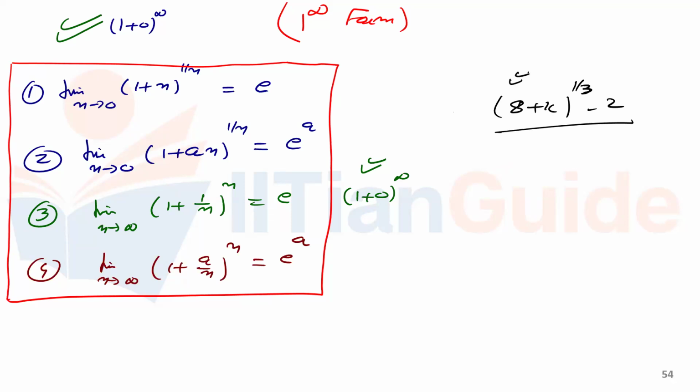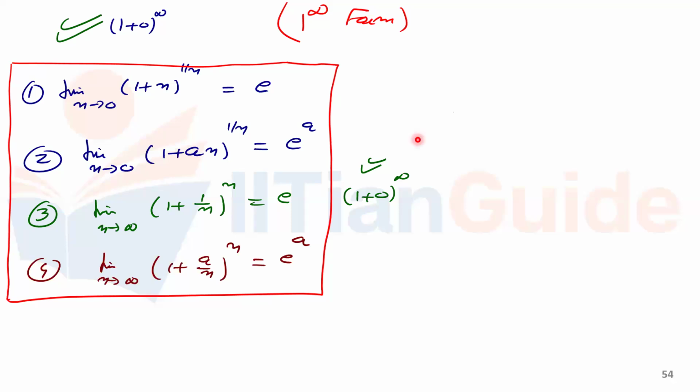8 -1 आ जाएगा तो 7 बन जाएगा, तो 7 के बाद 1/3 दिक्कत आ जाएगी। इन दिस क्वेश्चन व्हाट आई हैव टेकन, आई हैव टेकन 8 कॉमन, 8 power 1/3, 2 has come outside, after that we are left 1 + x/8 power 1/3 है ना, -2 नीचे कुछ लिखा था, remember? So we need to bring 1। पहली बात तो ये है कि I need 1 here, when most of the time it is given there, no problem, proceed। नहीं है तो either do +1 -1 और take common somehow to get 1। किसी भी तरह से 1 है, लेकिन हम यूजुअली ज्यादातर +1 -1 ही होता है, डिवाइड या कॉमन लेकिन नहीं होता है, कम होते हैं क्वेश्चन लेकिन होते हैं।